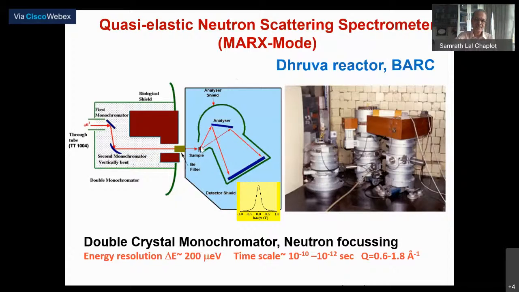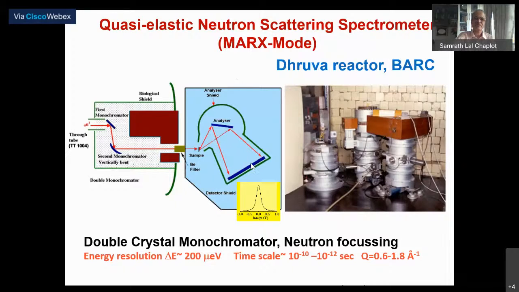But the good part is that the neutrons which are reflected from, for example, this end of the analyzer or that end of the analyzer, have different Bragg angles, and then they are reflected onto a large detector which is position sensitive, and therefore a position sensitive detector is such that you know where the neutrons have hit. So if you get a neutron count and you also know the position, if it falls here, we know that it has come through a smaller Bragg angle than, for example, the neutrons that fall onto this position, which has a larger Bragg angle, and therefore there is a spectrum